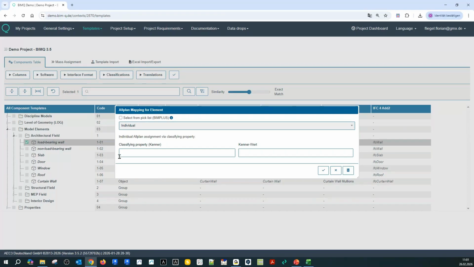Okay, how does it work in Allplan? Allplan works with classified properties and with the linked value of this classified property. That means Allplan is filtering by classifying properties, and when the value of the classifying property matches with the project in Allplan, then Allplan finds the correct mapping configuration. For example,